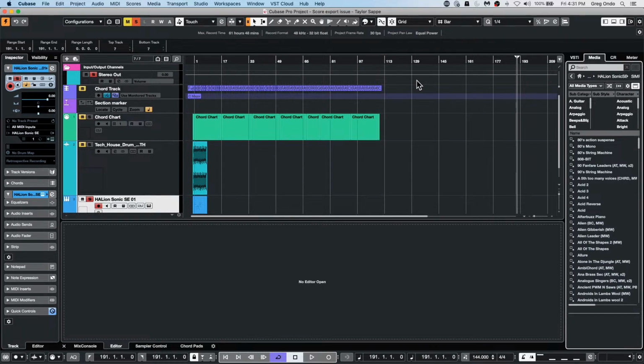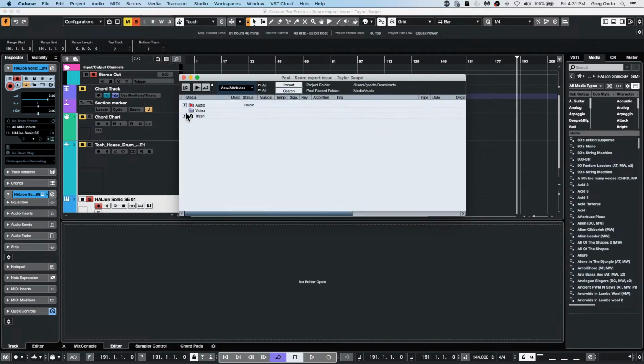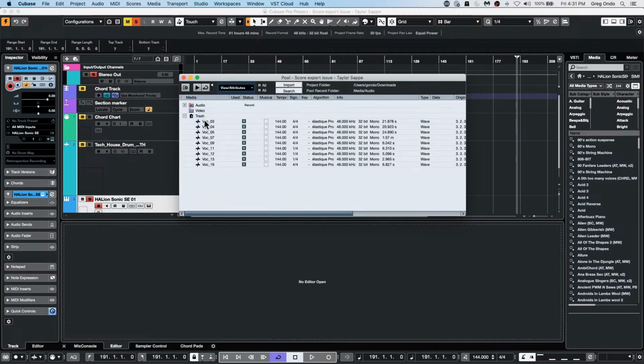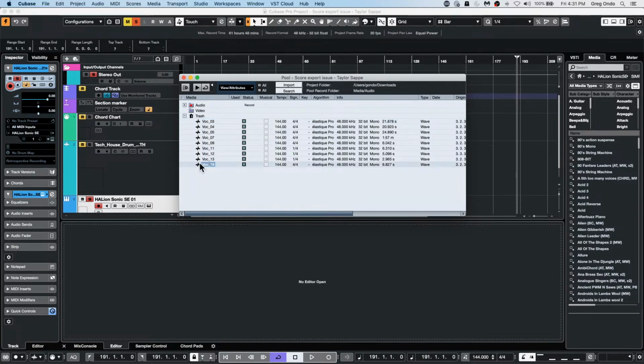Okay, so we have a question. Greg, how do you restore files from the trash of the pool? Why is it not a restore file or something like that? Okay, so let's take a look. Let's go to our pool window. If I have something in the trash, I think all you have to do, let's say I select